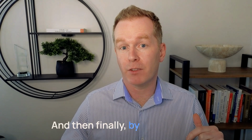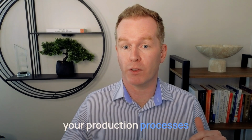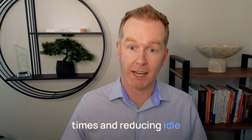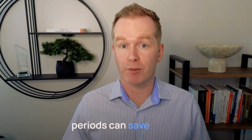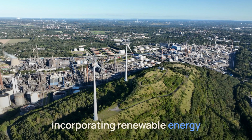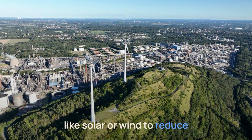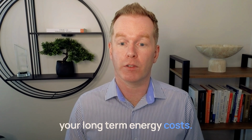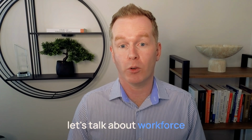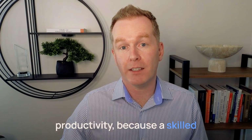And then finally, streamlining your production processes, optimizing machine times and reducing idle periods can save costs. And potentially also incorporating renewable energy like solar or wind to reduce dependency on traditional energy sources can lower your long-term energy costs. And then last but not least, let's talk about workforce productivity, because a skilled and efficient team